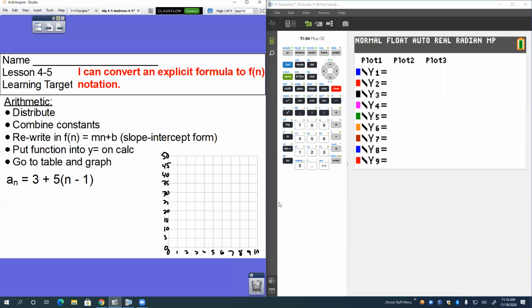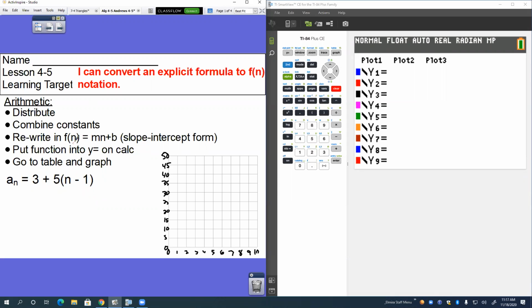So what we're doing today is a pretty straightforward, easy, quick lesson. All right. The learning target: I can convert an explicit formula to f of n notation. This is going to seem pretty silly because in the graphing calculator, you can just type it in like this. But occasionally, they will put something like this on the Regents exam in a multiple choice type question, and